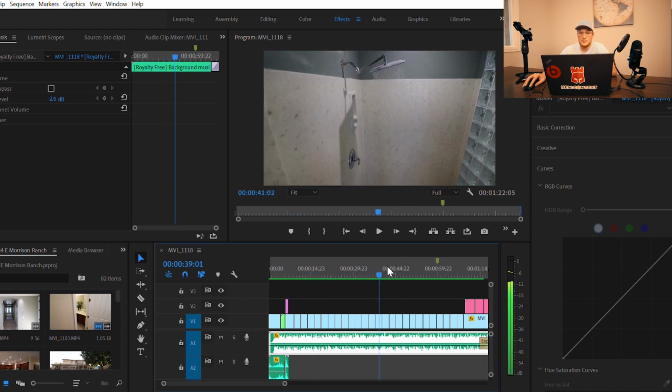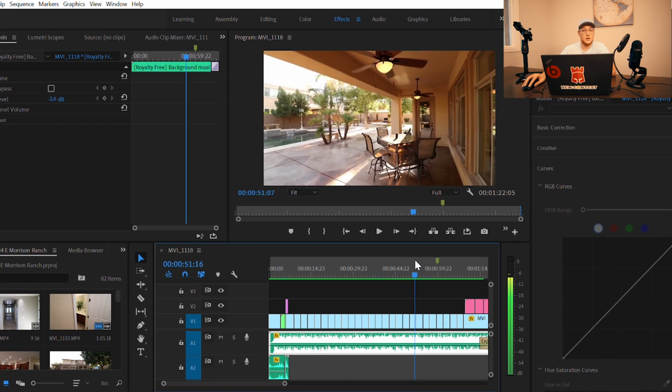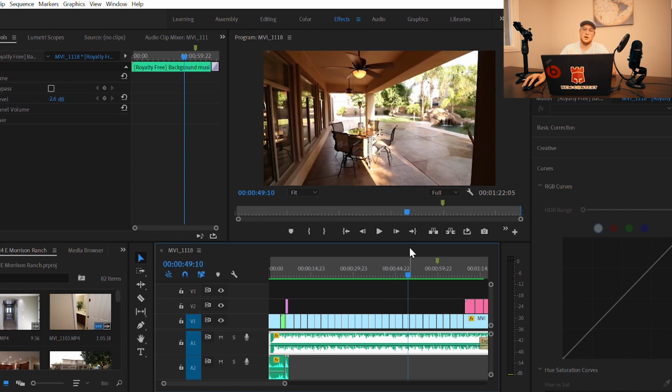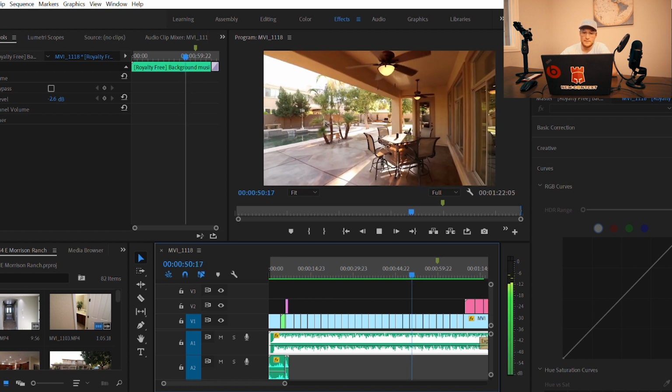So we're moving into the backyard. When you're filming the property, you really want to focus on the amenities and the luxuries of the home. So in this case, they had a picnic area, they had a pool, they had a gazebo, and they had a basketball court. So I wanted to make sure to capture all of that, starting with the picnic area,